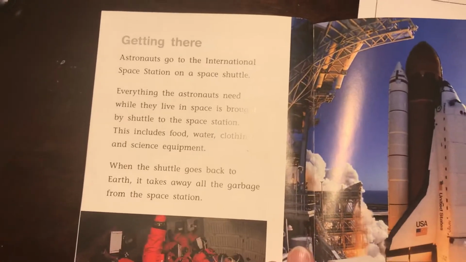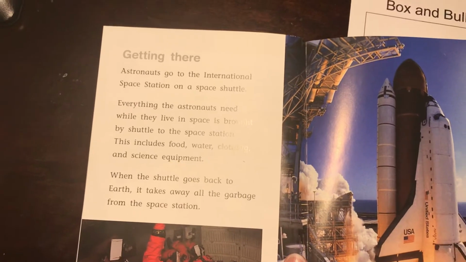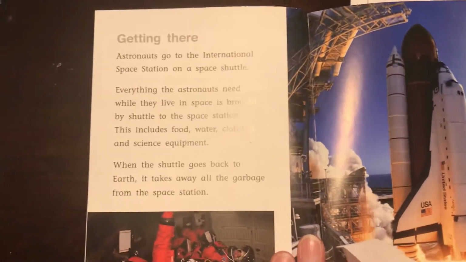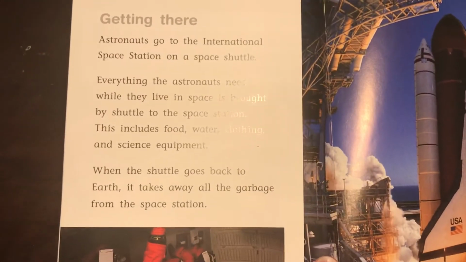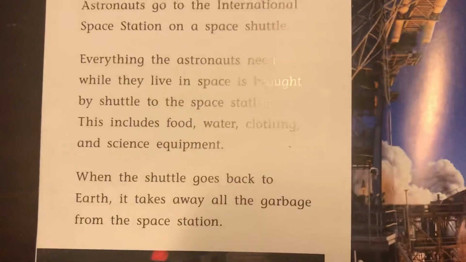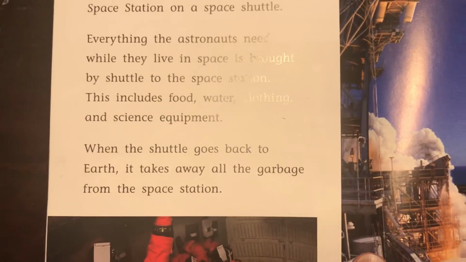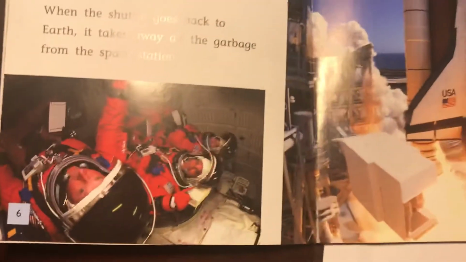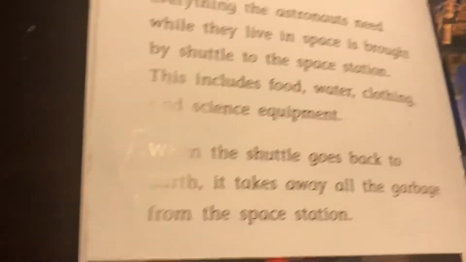Getting there. Astronauts go to the International Space Station on a space shuttle. Everything astronauts need while they live in space is brought by shuttle to the space station. That includes food, water, clothing, and science equipment. When the shuttle goes back to Earth, it takes away all the garbage from the space station. So look at the photographs. And I'm already on chapter 2. So if I'm tasked with determining the main idea of chapter 1, I am going to be thinking,